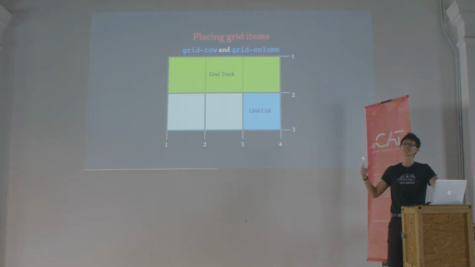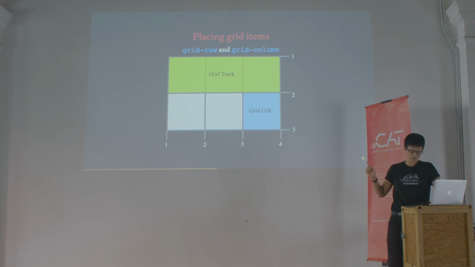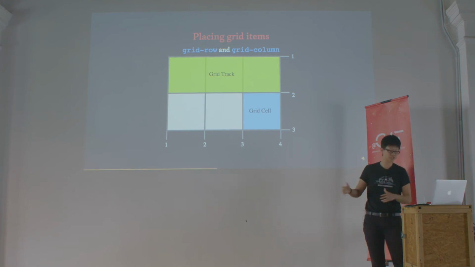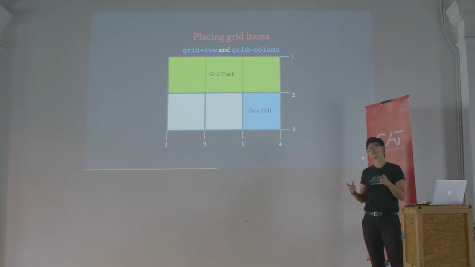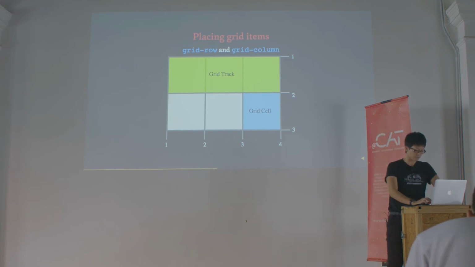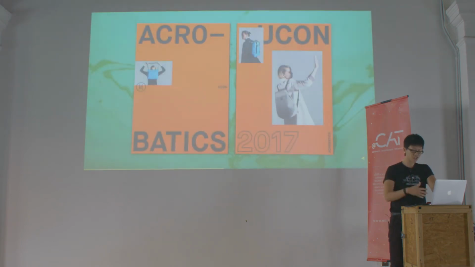So we can also define exactly where we want our items to go on the grid using the grid-row and grid-column properties. These properties are the respective shorthands for us to refer to a grid item's position. By default, a grid item will occupy 1 grid cell, and we can use the span keyword to define how many grid tracks the item should take up. And we refer to these grid lines using their numerical index, which somehow starts from 1 and not 0. Go figure.